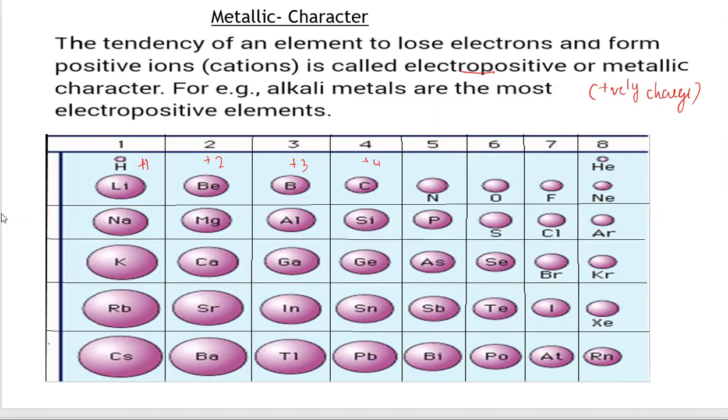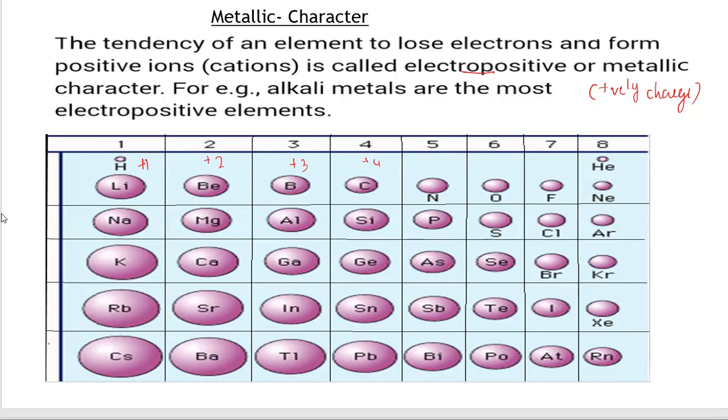when we are coming to this, it is very difficult to remove those electrons. That means as we move from left to right, the difficulty in removing the electron, or the tendency to lose electron, decreases. Metallic character means we can remove the electron easily, it is a metal. If we can remove the electron easily, that means they are metals. But as we move from left to right, it is difficult to remove the electrons.